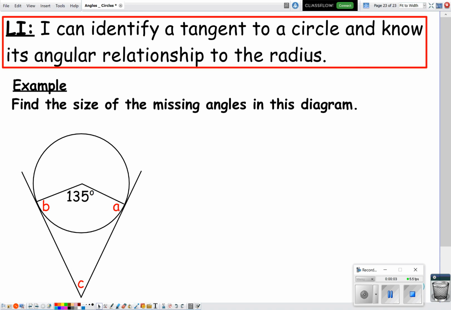Hi again, folks. This is the second example that I wanted to do within the same lesson where we're investigating tangent lines to circles and their angular relationship to the radius. I'm just going to look at this special case here. And this case is called the tangent kite,